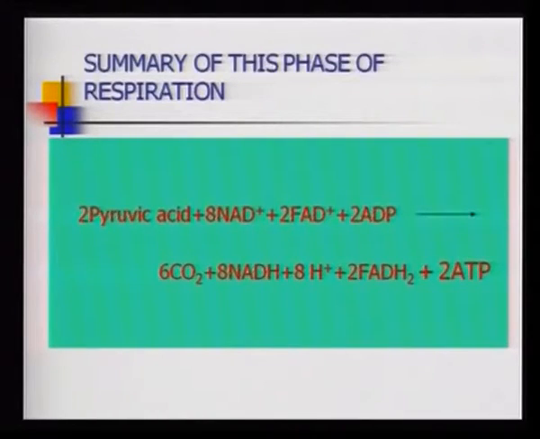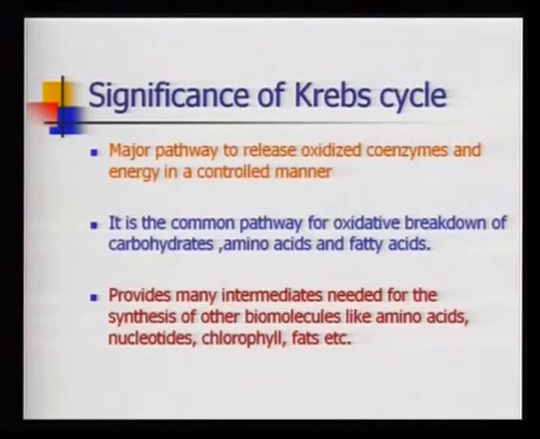Now, we have plenty of reduced molecules of NAD and FAD. So, what is the significance of this Krebs cycle, ma'am? How does fatty acid get into the cycle? Yeah, it's a very important concept. Why have so many integrated processes here?